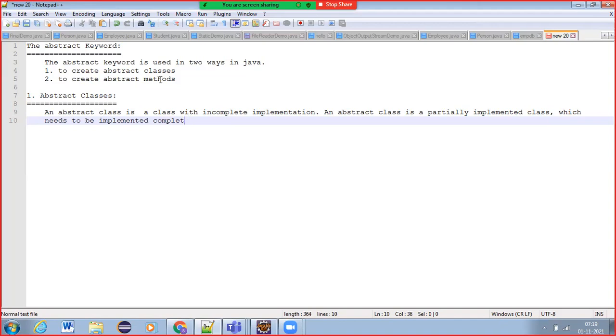In other words, a partially implemented class where the subclasses should complete the remaining implementation of the abstract class.